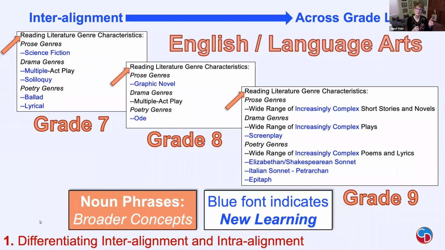And so if you were to see our 6th grade one in blue, it would have said 1-act play. But now in 7th grade, we change it to multiple. That's what's new, not the play itself. And then you'll notice in the 8th grade, it kind of stays the same. And then really 9th grade is just a matter of more complex plays. But notice what's happening in 9th grade, which is something that we really feel like miss a lot in today's world. And that's the whole idea of a screenplay. Because again, who doesn't watch TV and movies and everything on Netflix nowadays? So it's this whole idea that they need to have that. So this is this idea, again, of systemic, kind of from an English language arts view.